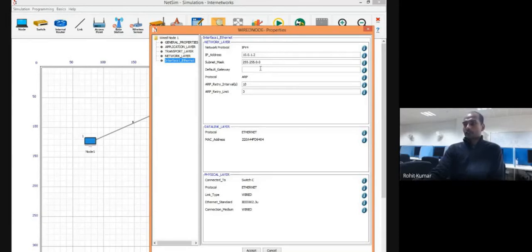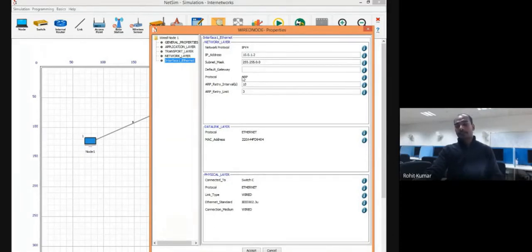Then there is the default gateway, if you want to provide one. Default gateway means the last device in your network that is supposed to transmit your packet to other networks. You can put your network address here. By default, it is the first device of your network connected to other networks. So usually if your address is 10.10.1.2, then your default gateway becomes 10.10.1.1. If you don't put it here, then DHCP will work automatically because DHCP will take care of all the things, so you don't need to worry about this.